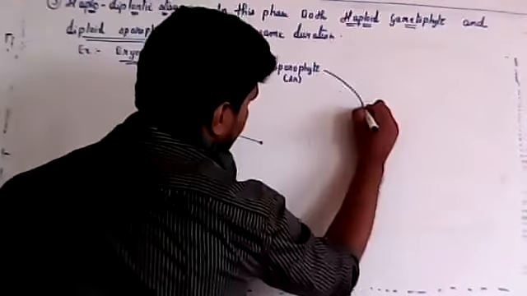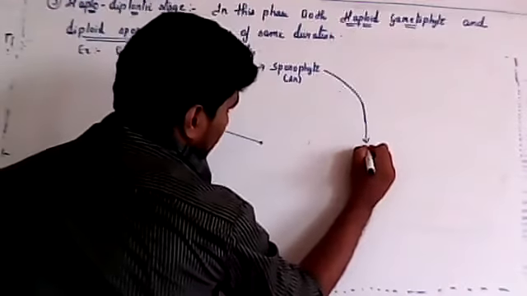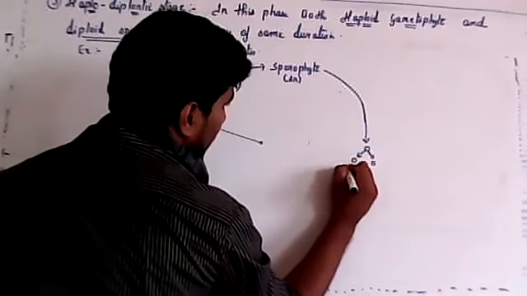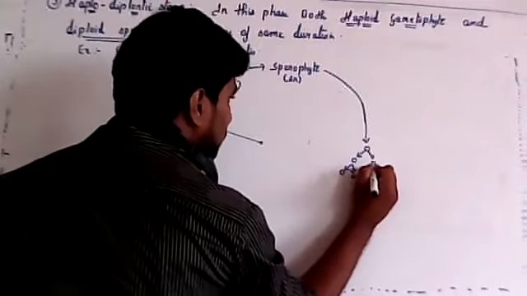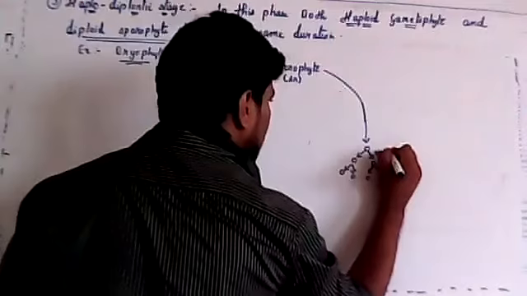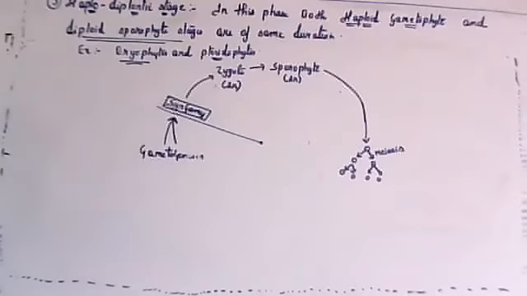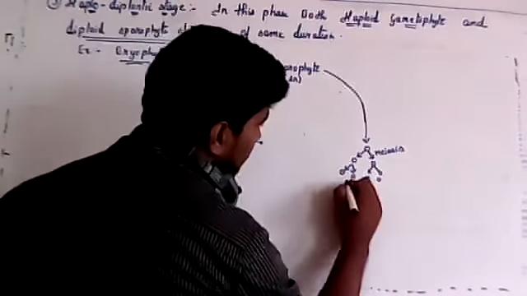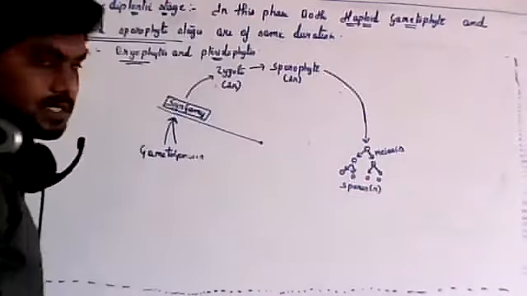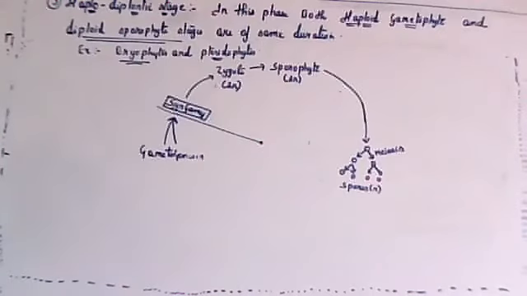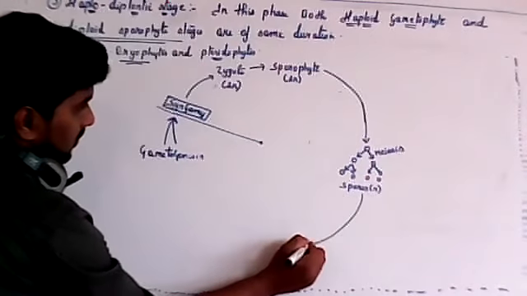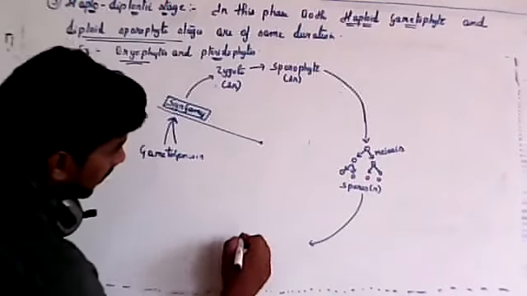The sporangium is present inside the sporophyte. The cells inside the sporophyte will undergo meiosis. That will form 2 cells, and again it will divide to form 4 cells. Meiosis will take place. After meiosis, it will generate spores. The spores are haploid. The spores will germinate into a gametophyte in bryophytes.